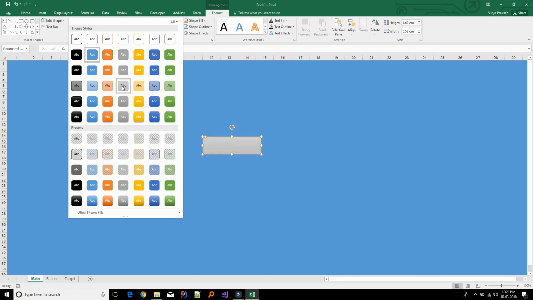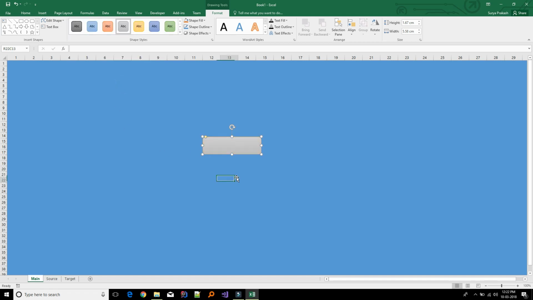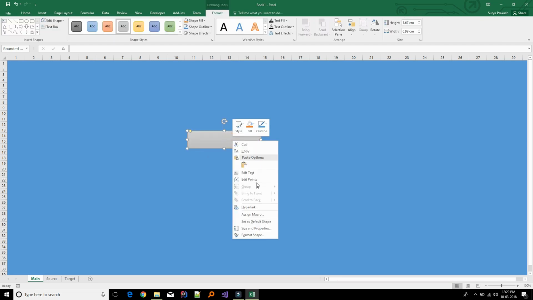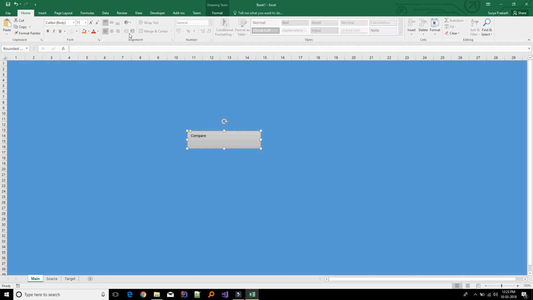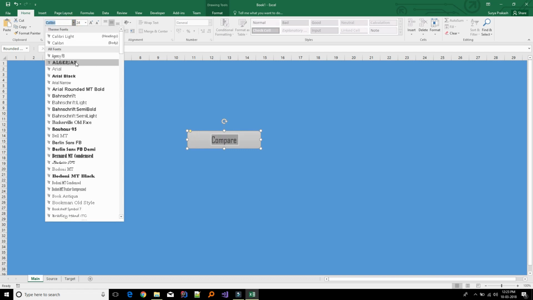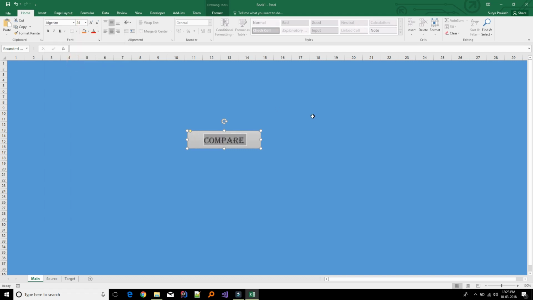Let me include a gray color. Let's name this button as compare. Put it in the center. Select the word, increase the font size, and font family, whatever you like you can keep, and bold. Okay,